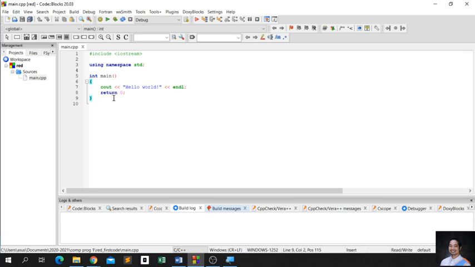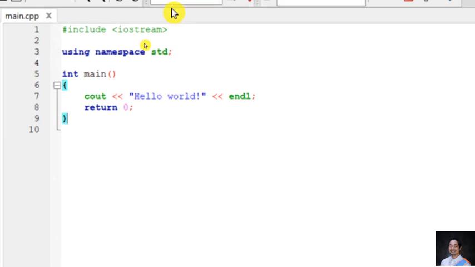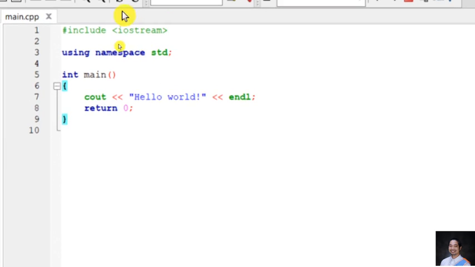You will be presented with this workspace. I have here include iostream, using namespace std, int main, the curly braces, cout, and then return 0. I will have a brief discussion on this, our first code in C++.